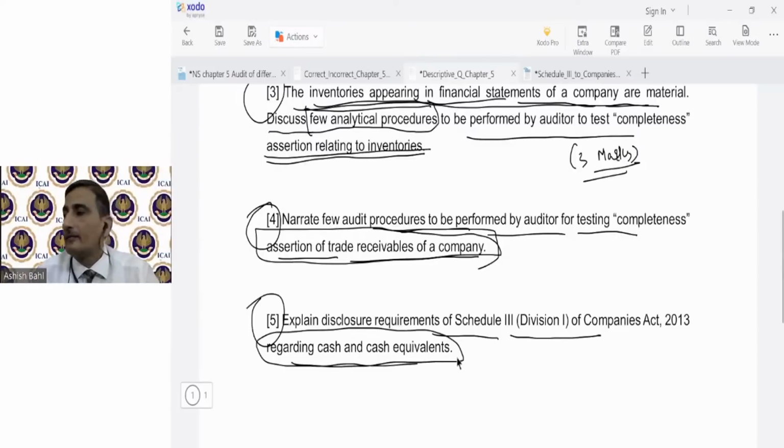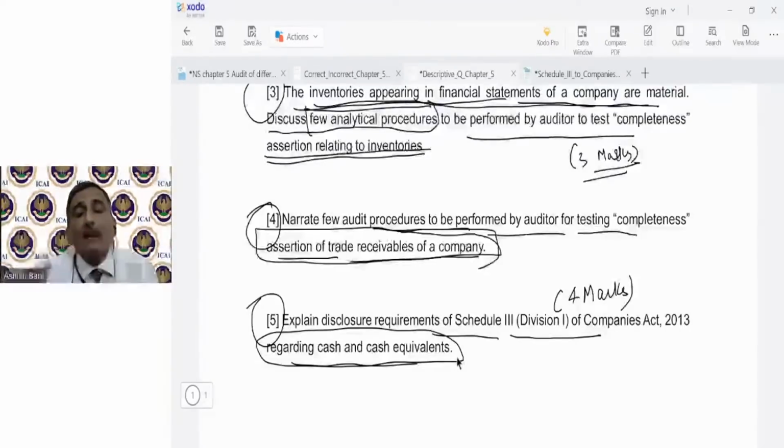Yes, so here in such type of question, say this question carries 4 marks, then you have to state that as per Schedule 3, following disclosures are to be given in respect of cash and cash equivalents, like cash on hand, cheques on hand, balance with banks,